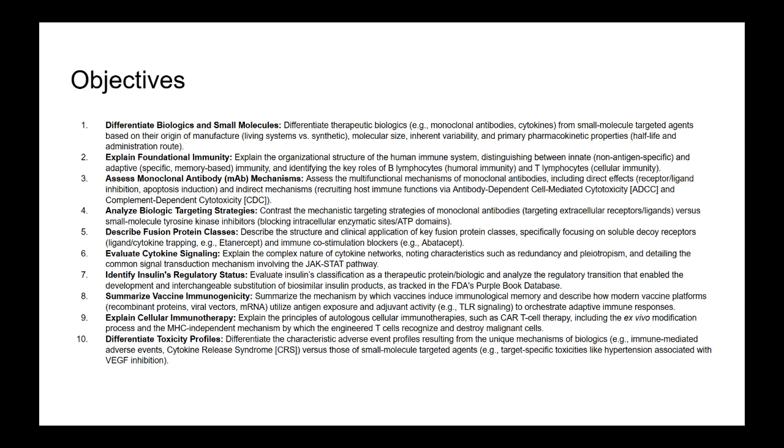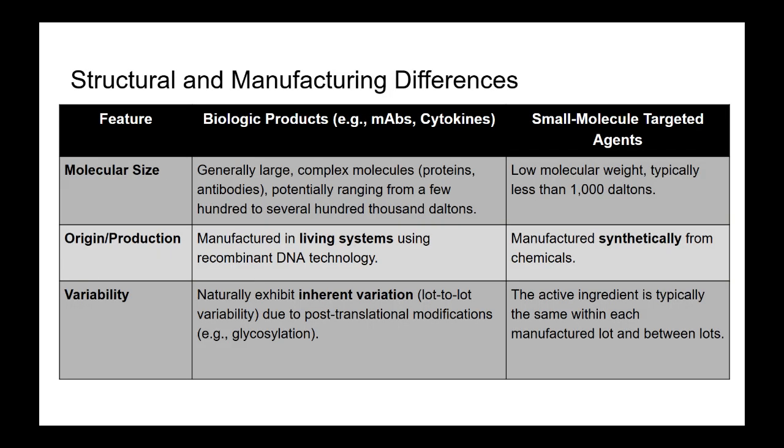And that differentiation is absolutely everything. For you, the listener, the core conflict, if you like, in therapeutics really boils down to this fundamental origin story. A traditional small molecule is a low molecular weight compound manufactured synthetically in a lab. Simple, predictable chemistry. In contrast, a biologic is a large, complex molecule, often a protein, created using recombinant DNA technology within living systems, a cell line, maybe a microorganism. And this structural origin determines everything about its mechanism of action, how the body handles it, and critically, the unique, often immune-driven safety risks it presents.